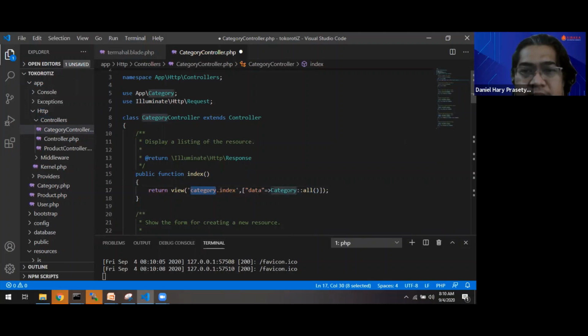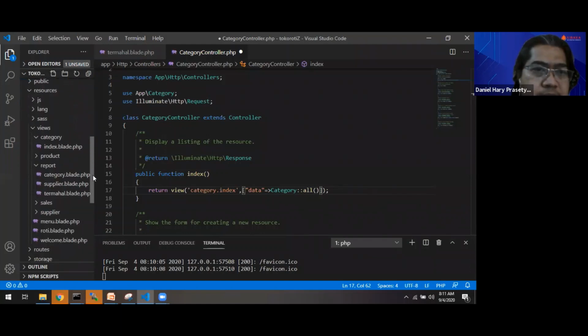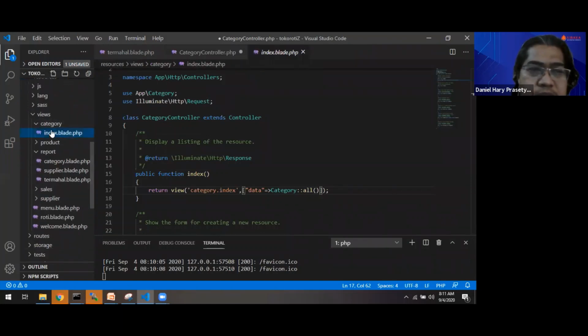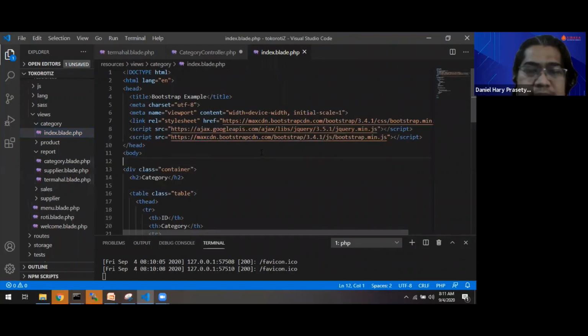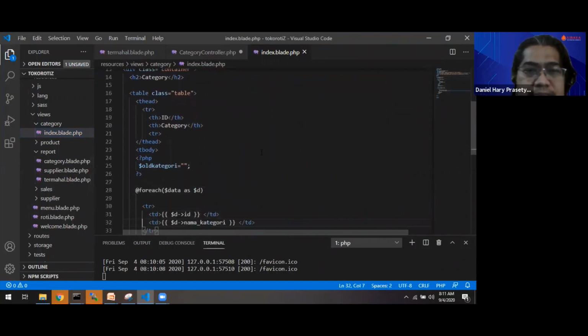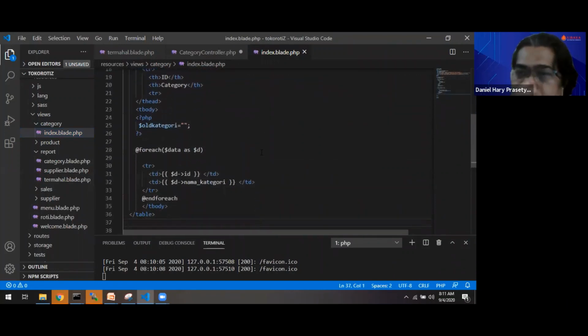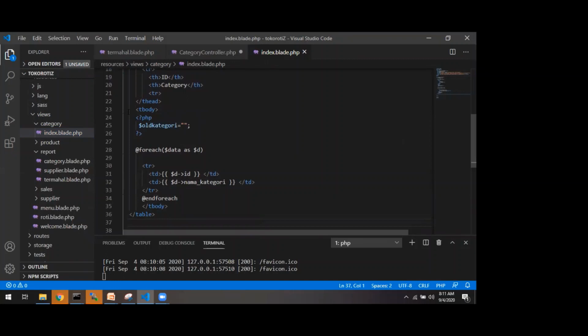We can get the data with the Category model all, and then just loop the data and show it in a table in the category index view. Okay, sir. I'll create that first. Okay.